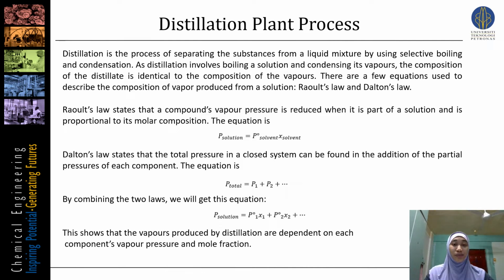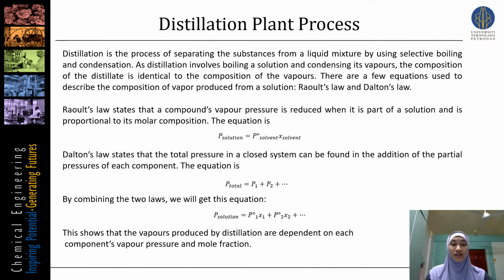In the distillation plant process, distillation is the process of separating the substances from a liquid mixture, which is homogeneous, by using selective boiling and condensation. As distillation involves boiling a solution and condensing its vapors, the composition of the distillate is identical to the composition of the vapors. There are a few equations used to describe the composition of vapor produced from a solution: Raoult's